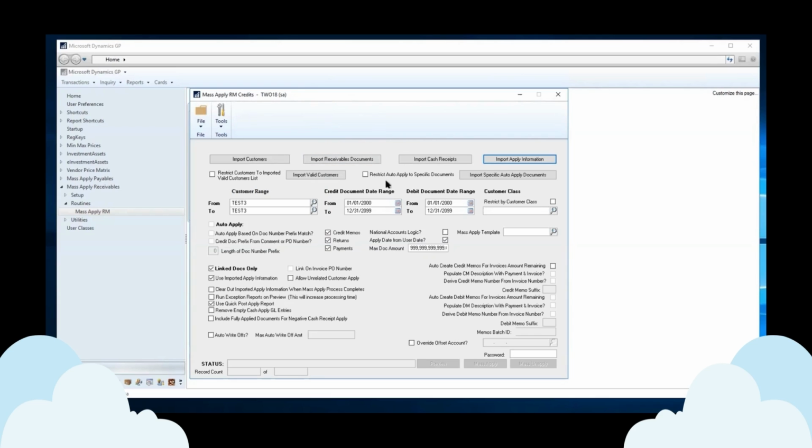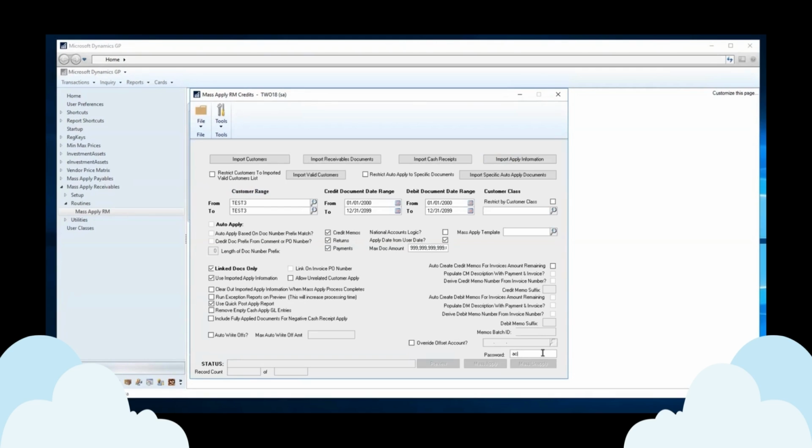Some organizations will have multiple people working on different files, maybe different classes of customers, and that information can be appended throughout the day